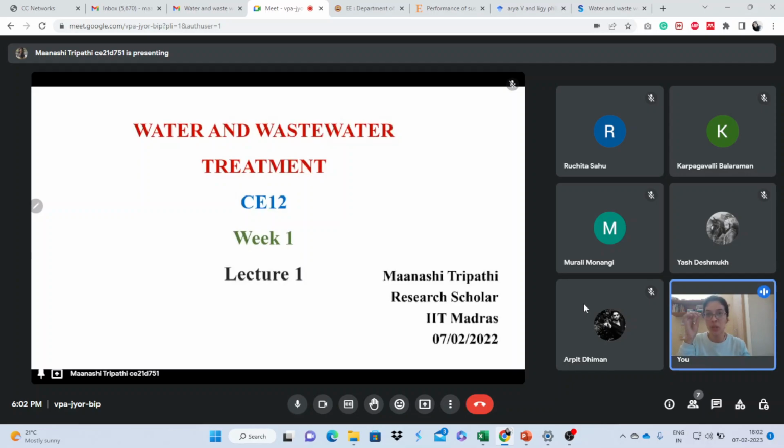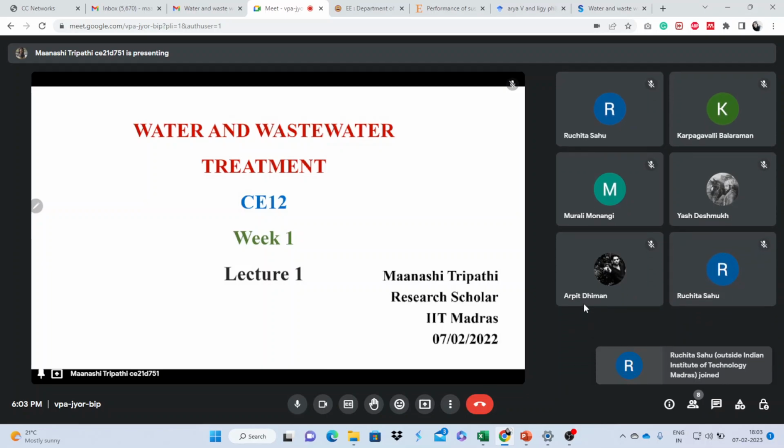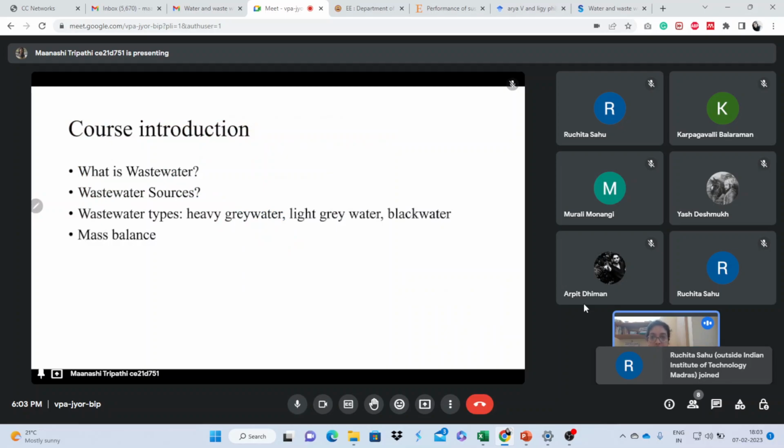Welcome to the course Water and Wastewater Treatment. In this week, all the problems that we will solve will be from week 1. But in case you are a little further ahead and going fast, and want to ask any questions, you are more than welcome. This is my intro: I am a research scholar at IIT Madras, and I'll give you my website also. In case in between the week you want to ask any questions, you can ask. So we'll go to the course introduction.